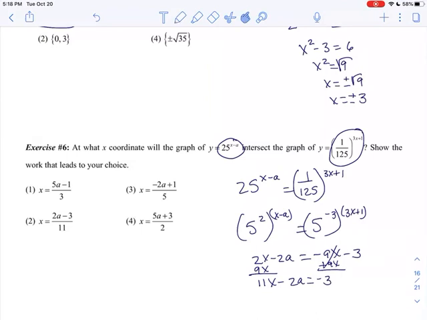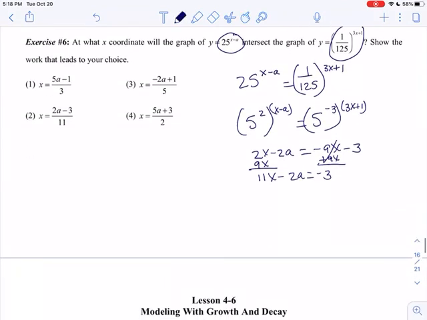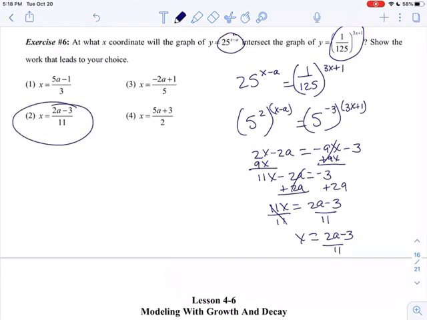So I'm going to add 9x, combine my x's, and I get 11x minus 2a equals negative 3. I am trying to solve for x. So I'm going to bring this 2a over to the right. So I have 11x equals 2a minus 3. And then to solve for x, I'm going to divide by 11. So x is 2a minus